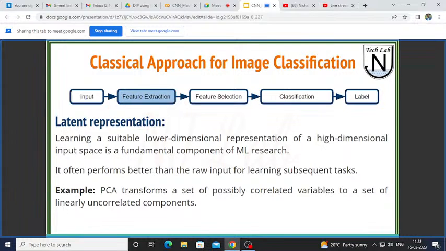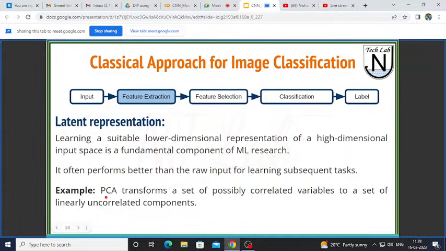So by doing some transformation, we can reduce the number of features, and with fewer features the classifier performance may be better, also in terms of computational time. To give you a picture of this latent representation, of how we can reduce the dimension,